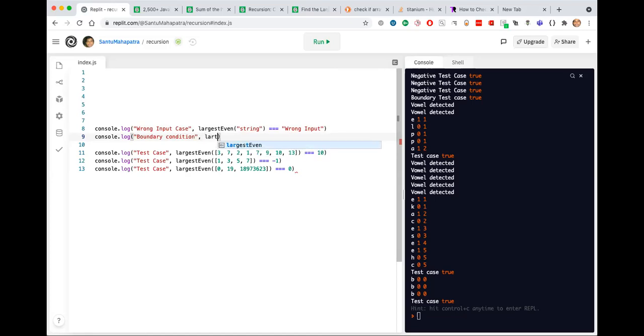Let's have a boundary condition case. Okay, so far so good. Now we will code this up.